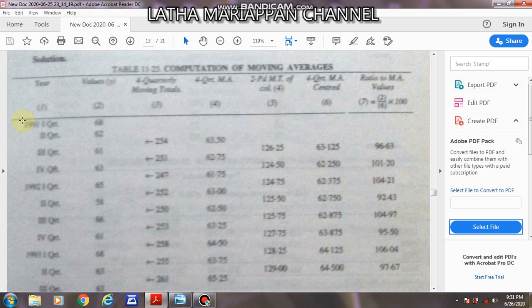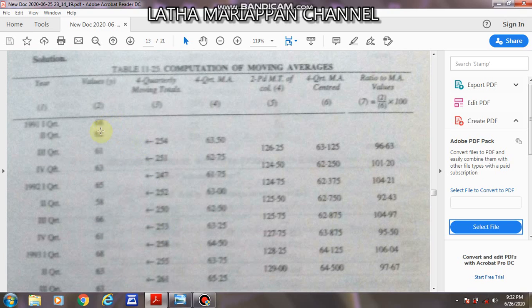See here, 3 years are given, and you have to take it row wise: quarter 1, quarter 2, quarter 3, quarter 4. Then next year similarly quarter 1, quarter 2, 3, 4, and then third year quarter 1, 2, 3, 4. So the data is given, and you have to take it column wise. After that,